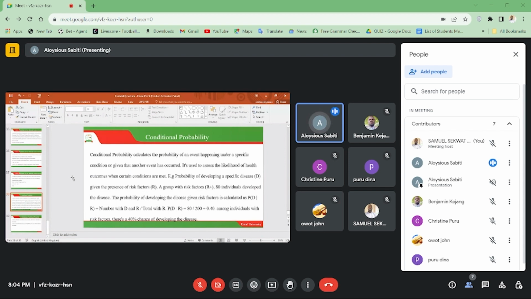So here we're looking at, if we said that we have 80 individuals that developed the disease, we would divide it by the total number of people at risk, or a group that is at risk, meaning it will be about 200. So in this case, let us look at probably the diabetes. Should we look at diabetes again? Which condition is